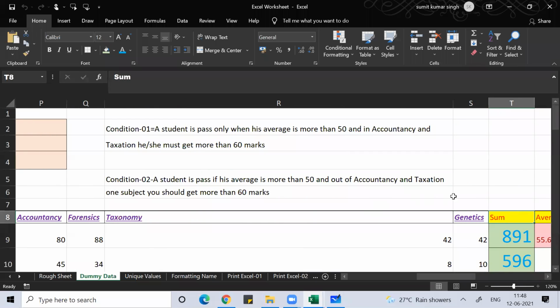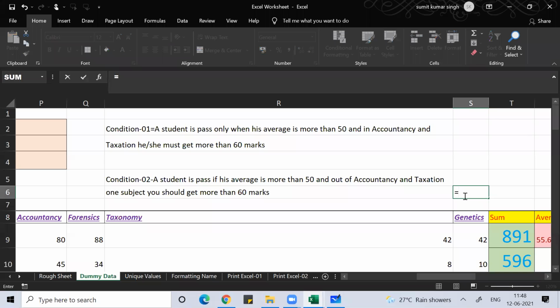If you want to count them by using the COUNT function, it will not work here, because count will only work on numerical values. If you want to count alphabetical values, the best way is to use COUNTA.